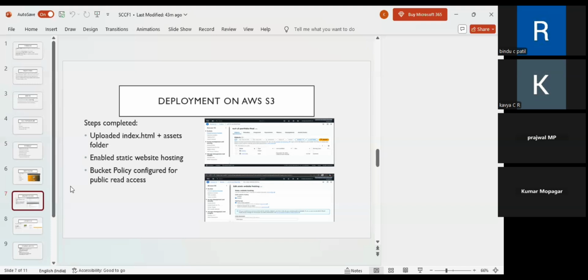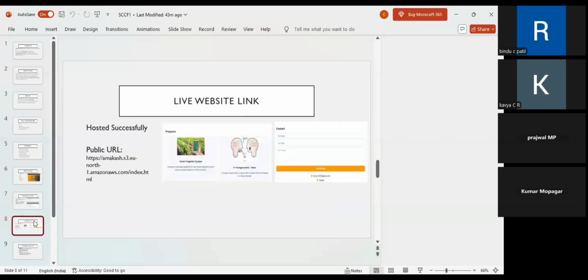Configured bucket policy for public read access. Finally, I added a bucket policy that gives public read permission. This step ensures that anyone on the internet can open the website without login or restriction. And next one,